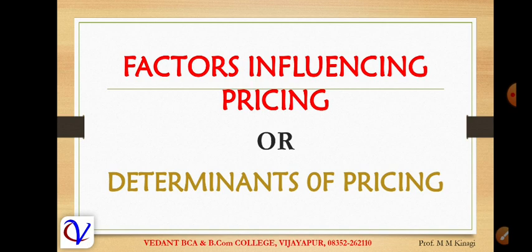Apart from that, the objective is profit, to earn the maximum profit, and to beat the competition in the market and to create awareness, that is, advertisement in the market. So a lot of objectives will be there that we need to consider before fixing the price. Then the second one is cost. What is the cost of the product, the cost of manufacturing, the actual cost of production, and the overhead cost? Including all those things, we need to fix a price.